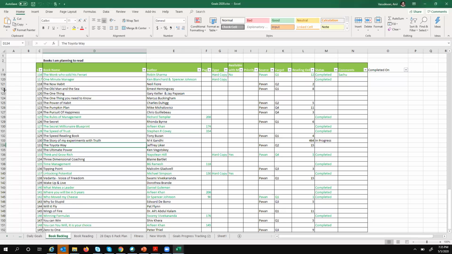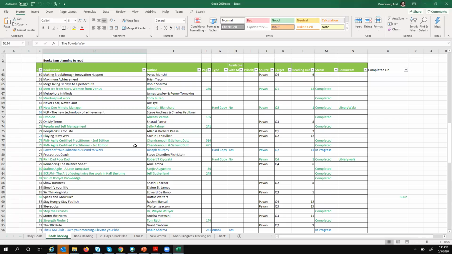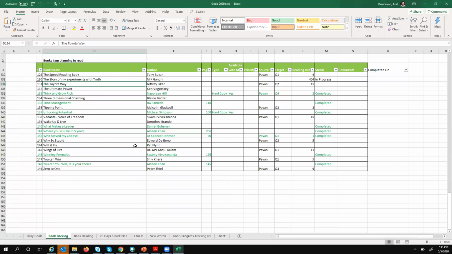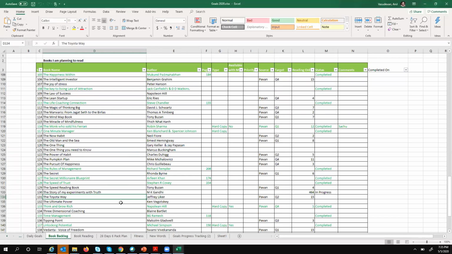I normally maintain that in a normal format, and I keep on adding books, and I put a target for each book for when I want to read it, and all the progress I track in that Excel sheet. I also keep a backlog of books to be read. That's the way I track it.